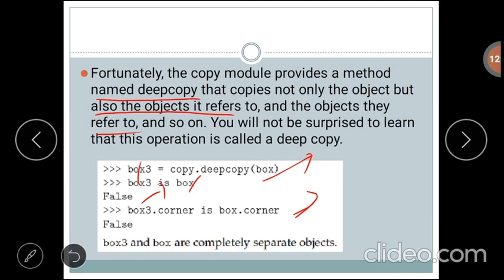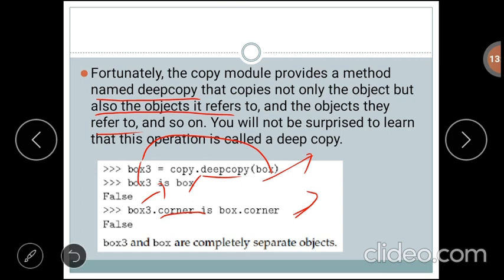Using this deepcopy method, we are assigning the box object to the box3 object, but the memory locations of box3 and box are completely different. Again, corner is one of the attributes present in the Box class as well as the box object and the box3 object.